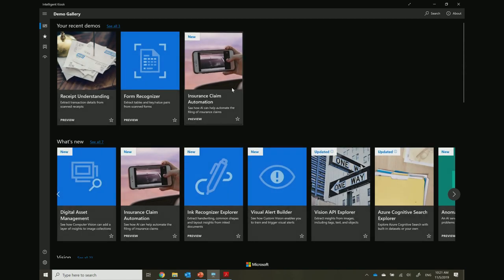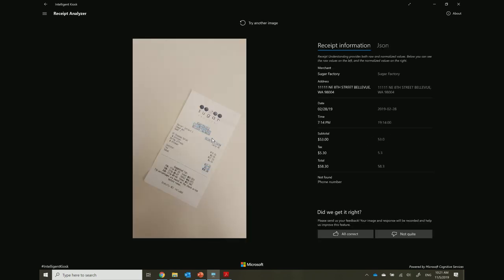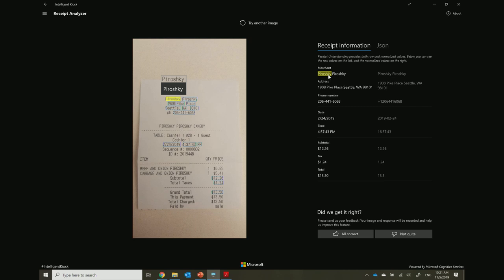Let's try a different one because this one is nice and straight. Let's try a different receipt. Let's try this receipt, the same receipt, but taken from a different angle, a different photo. And this time, again, it extracted the merchant, the address, the date, the time, the subtotal, the tax, and all the data. Let's try another one,